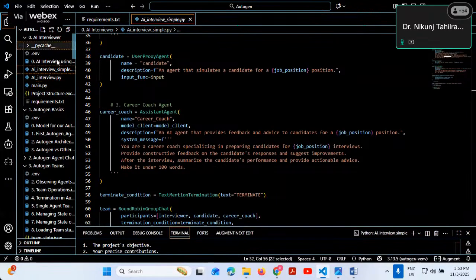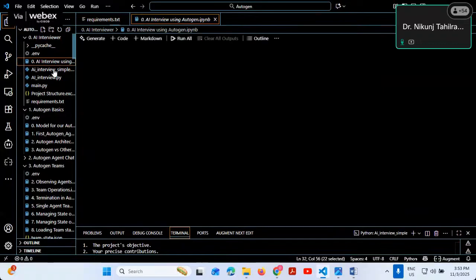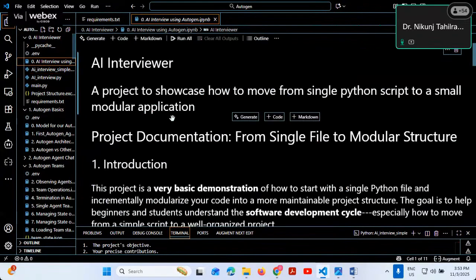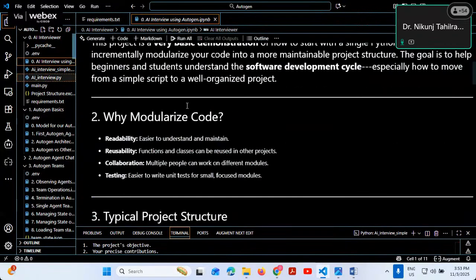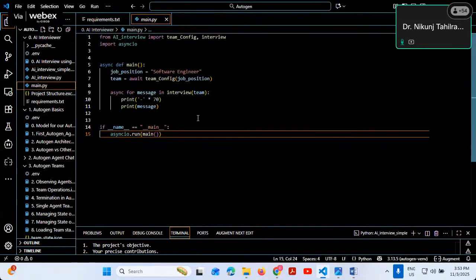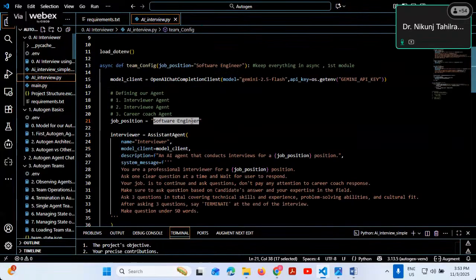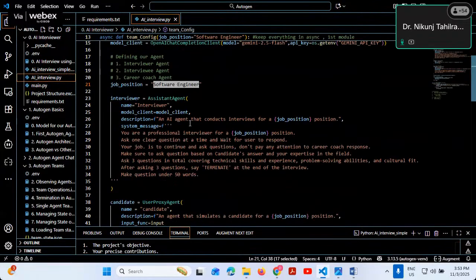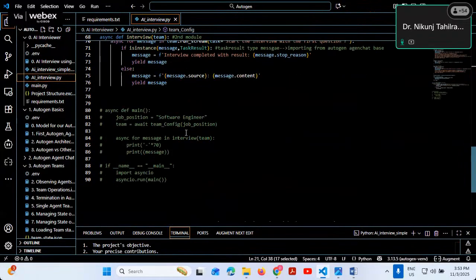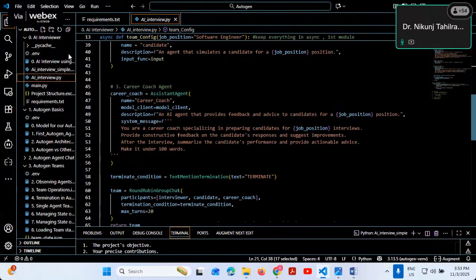What you can do is you can just modularize this code, right? So you can have the two files. One is main, from which the code can run. This is the deployment-ready code. You can use this kind of code for the deployment, right? So main is there, from which I am calling this